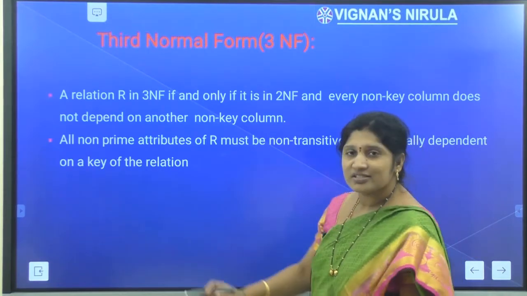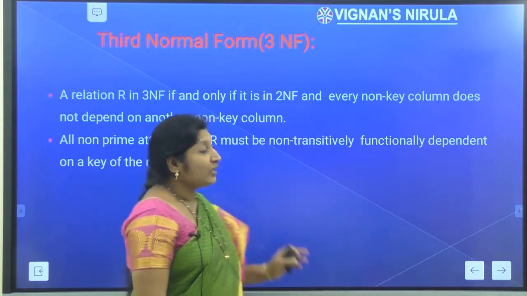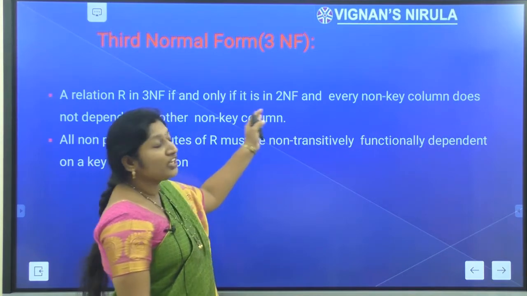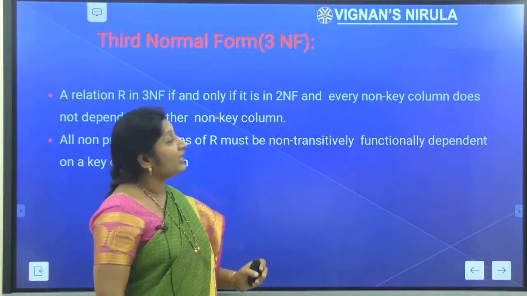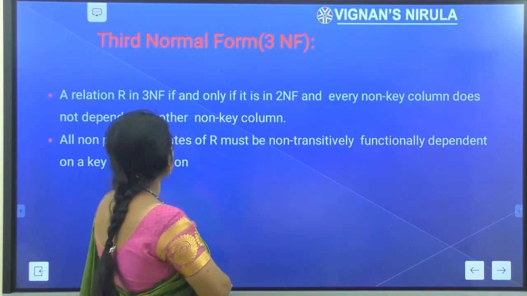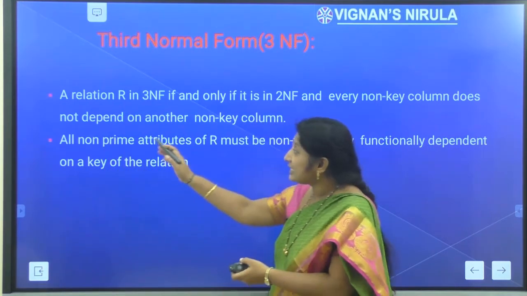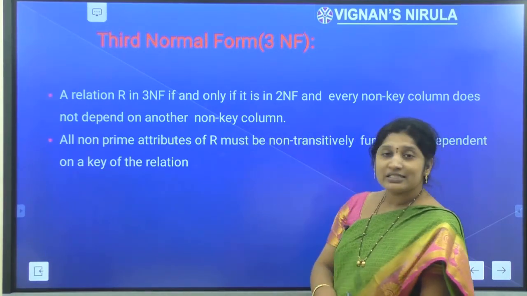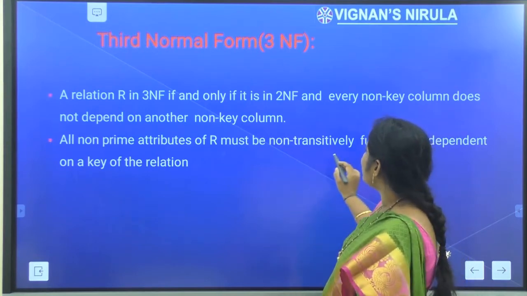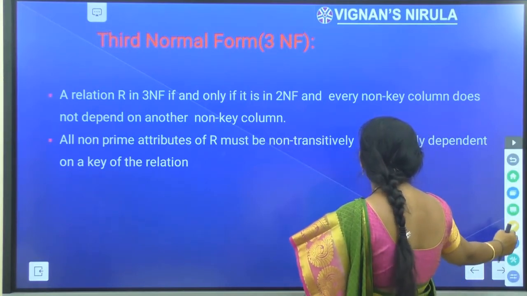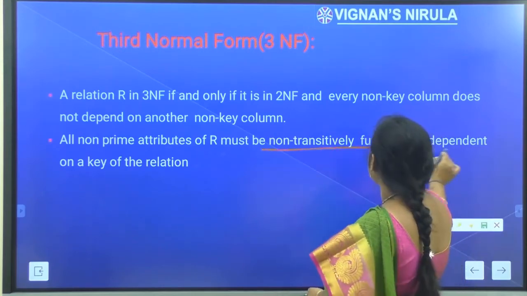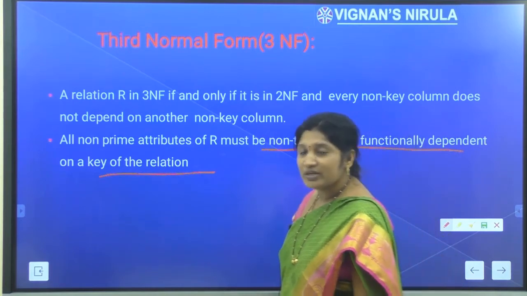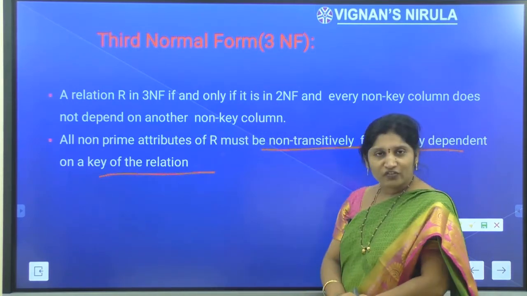So the next one is third normal form. A relation R is said to be in third normal form if and only if it is in 2NF and every non-key attribute doesn't depend on another non-key attribute, and the non-key attribute should be non-transitively dependent on primary keys. So the rules for third normal form are, it should be in 2NF as well as